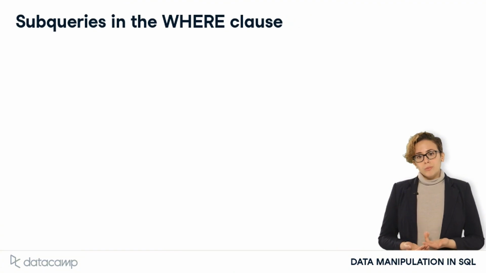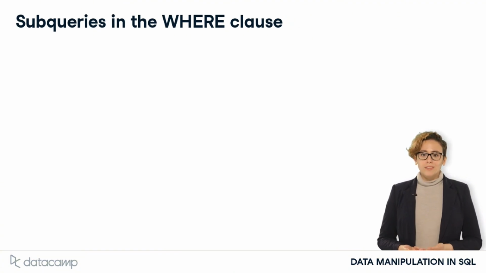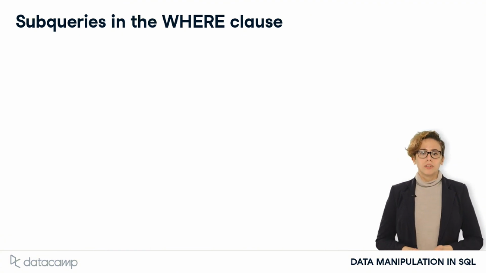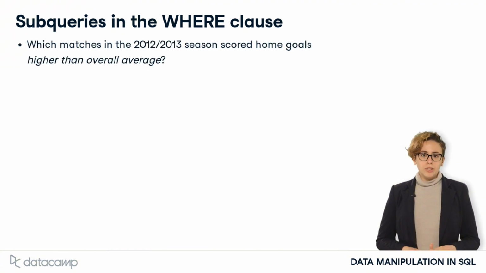The first type of simple subquery we'll explore is the subquery in the where clause. These are useful for filtering results based on information you'd have to calculate separately beforehand. Let's generate a list of matches in the 2012-2013 season where the number of home goals scored was higher than